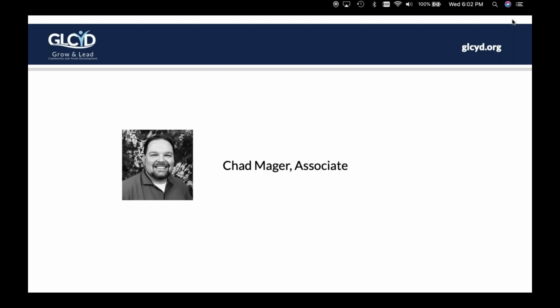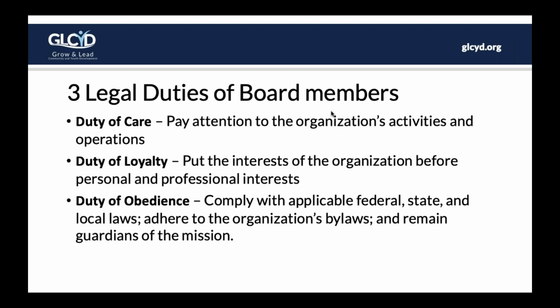But just to really quickly, the thing to remember when we're talking about going to the next step is it's always important to remember the basic responsibilities and duties as a board member. So just as a quick review, we're going to go over some of those duties of a board member, so we're all on the same page, because everything you do on the board should be in light of or with